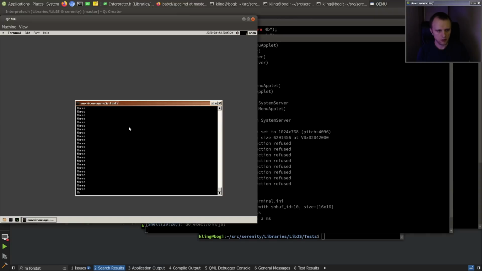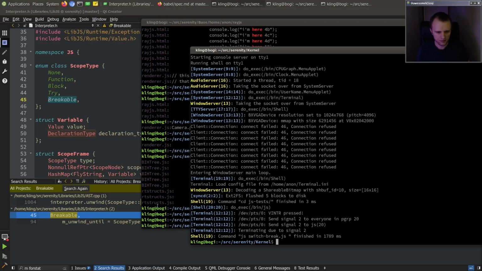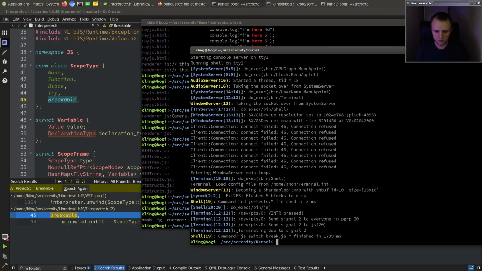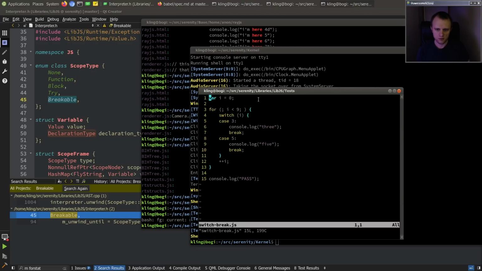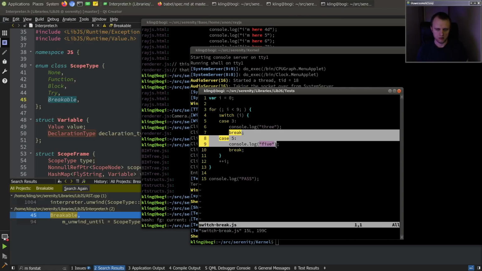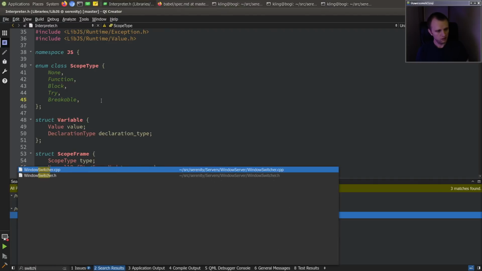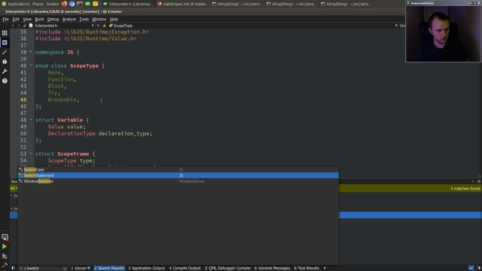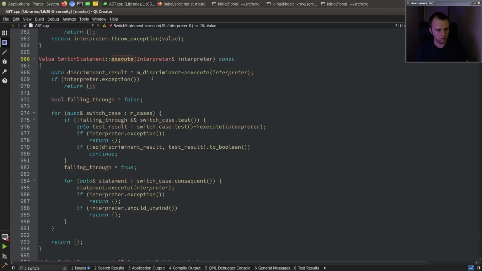Switch break. Not working super well. Okay, so that didn't even fail in the way I was expecting it, but at least it failed. So we just print 3 over and over, because break will unwind and bring us back somewhere. I don't know where. Anyway, in the switch statement, when we execute it, we should be able to